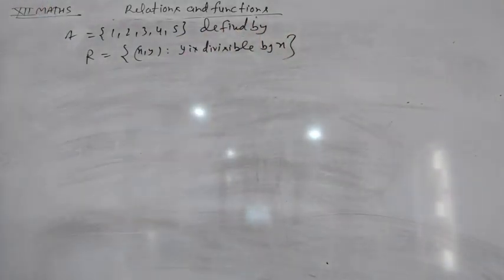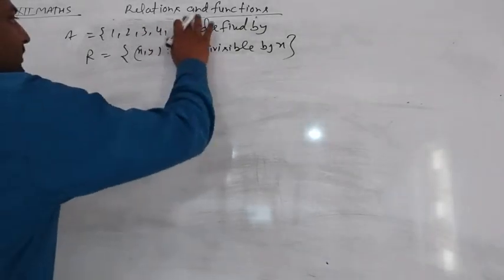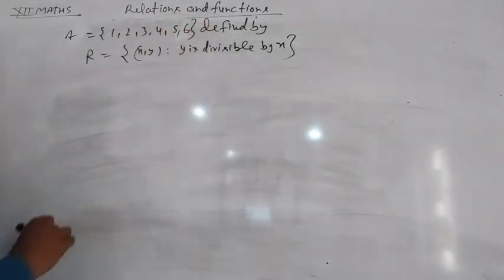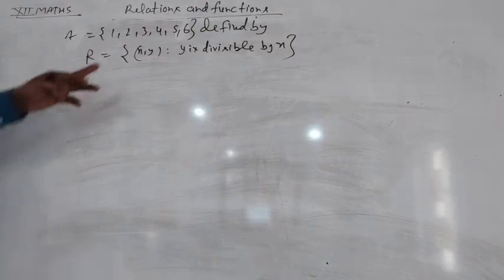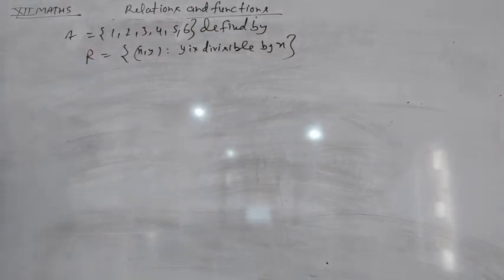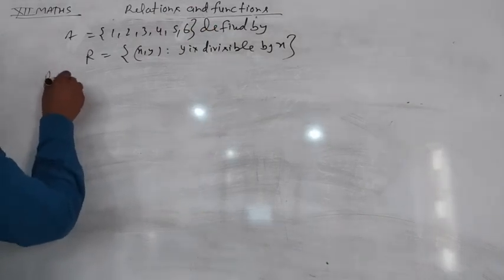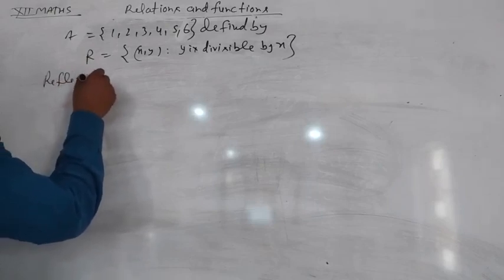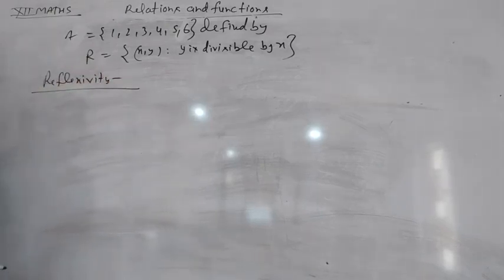So relation R is on the given set {1, 2, 3, 4, 5, 6} and defined by R = {(x, y) such that y is divisible by x}. So we have to check reflexivity,